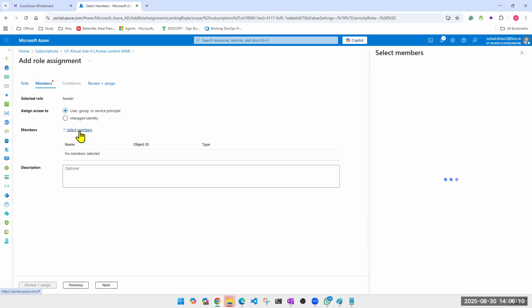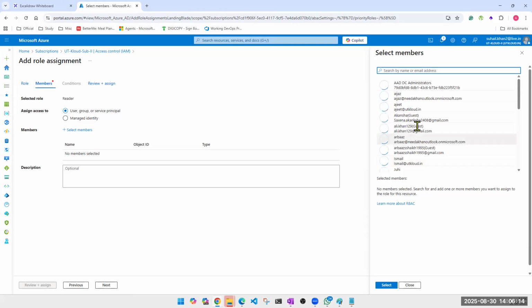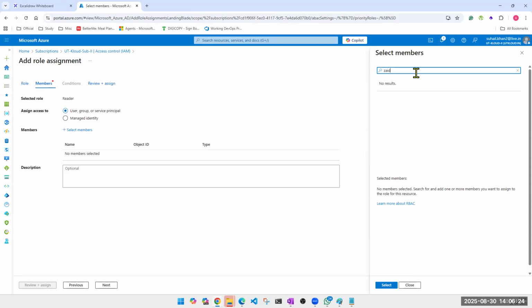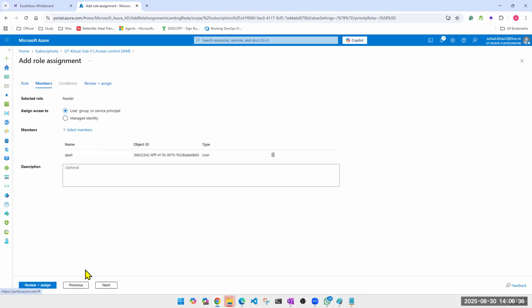I click here. Now can you tell me, guys, in this list, a user who doesn't have any ID in my Active Directory, will I be able to find that user? For example, Zaid. No, unless I have created Zaid's account. So you cannot. Do you understand why it is important to have the account first? Look at this. I have created Ajit, hence I'm able to find Ajit. So it is a must that you should be a part of the Active Directory first.